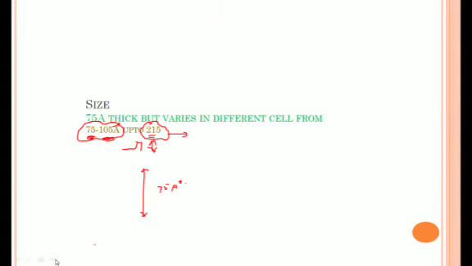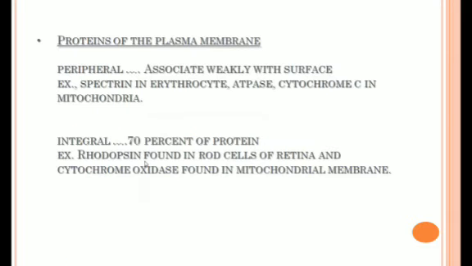In the other slide, protein of the plasma membrane. There are two kinds of protein in the plasma membrane in general. The first is the peripheral protein, and the second is the integral protein. As we discussed earlier, peripheral proteins are present on the surface of the plasma membrane, but the integral protein goes transverse in the plasma membrane and helps in the exchange of various materials out of or into the plasma membrane. This is the fundamental function of the integral protein.